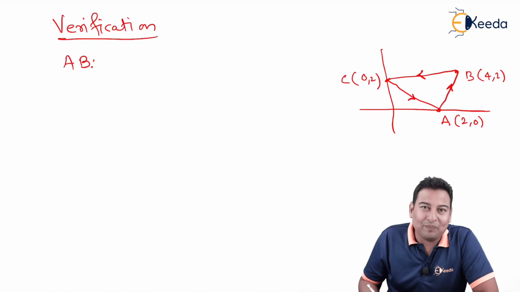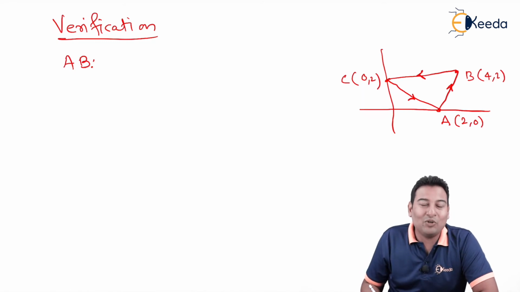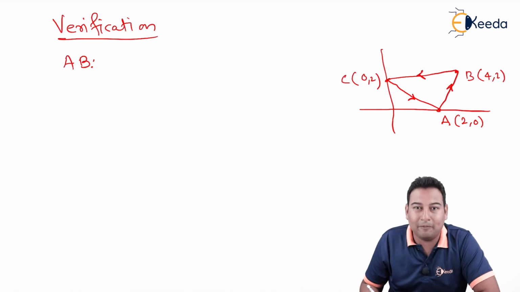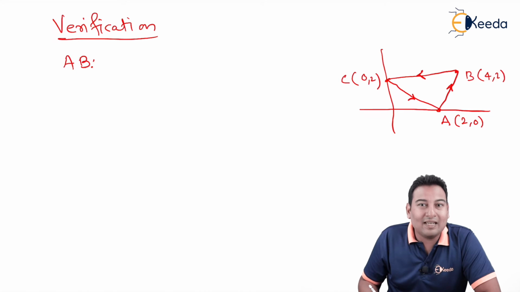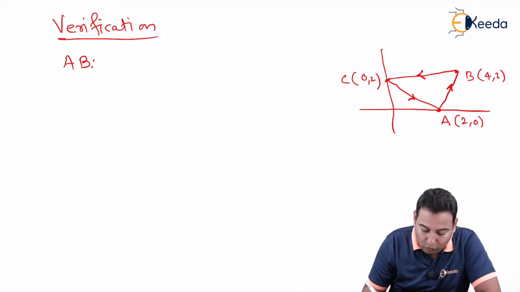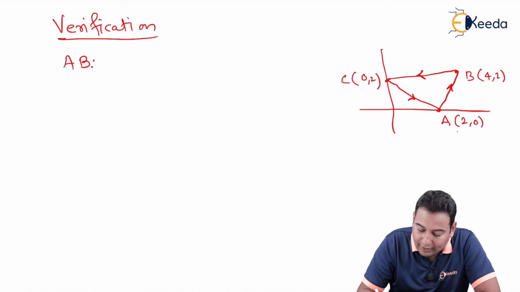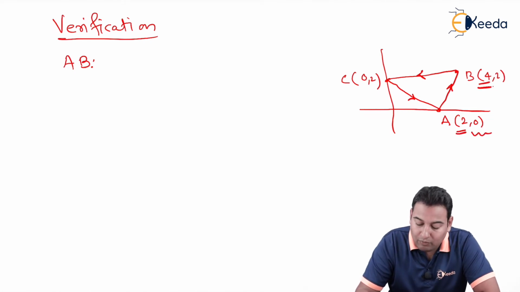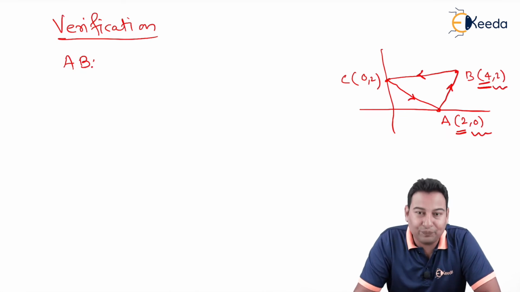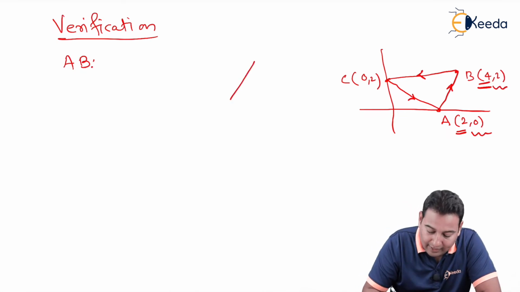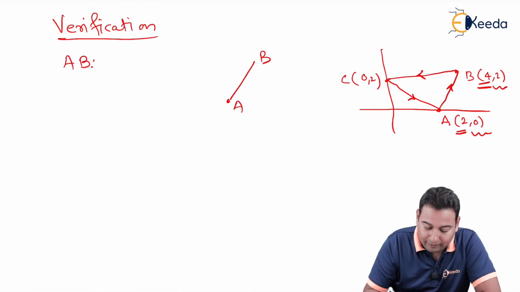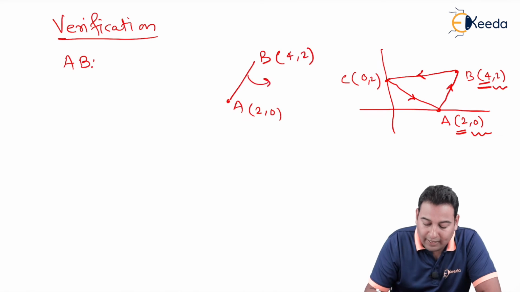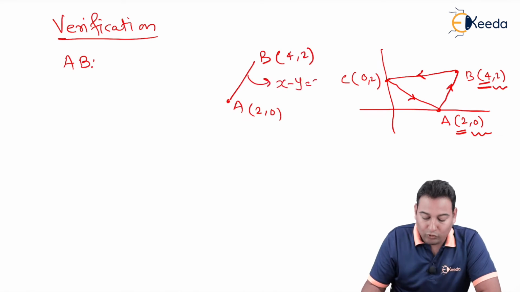The logic is the same. Either you need to convert the entire problem into x or entire problem into y, because line integration is always with respect to one variable. For that purpose, let us check which limit is changing. If you observe this, x is changing from 2 to 4 and y is also changing from 0 to 2. Both are changing. That means in this case, this is the line AB, x also changing, y also changing. And what is the equation of the line? x minus y equal to 2.